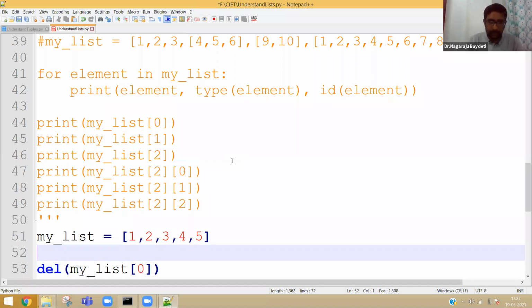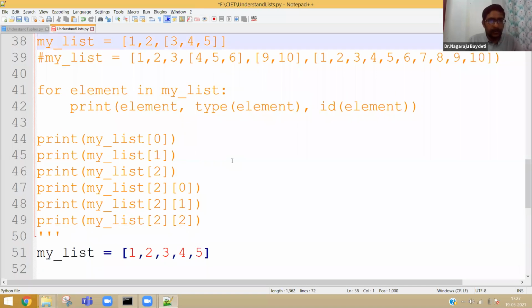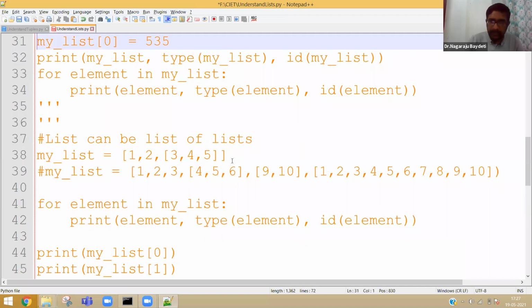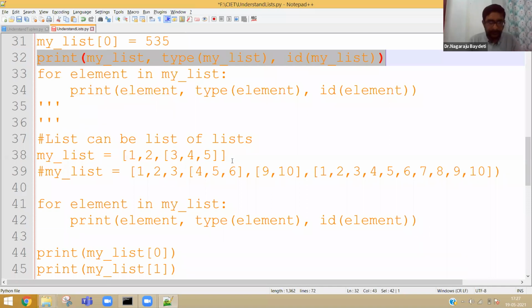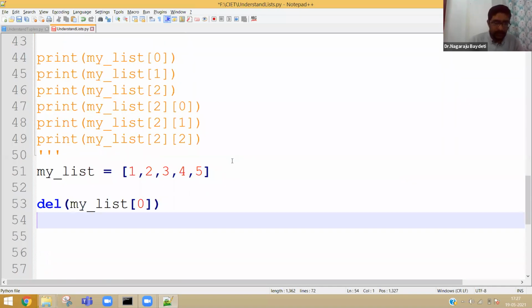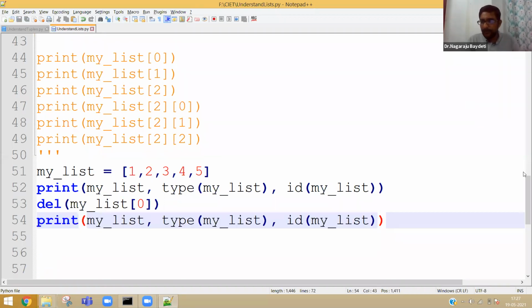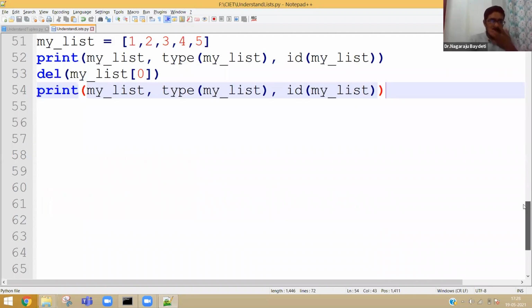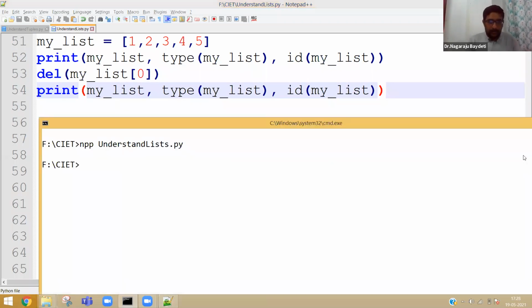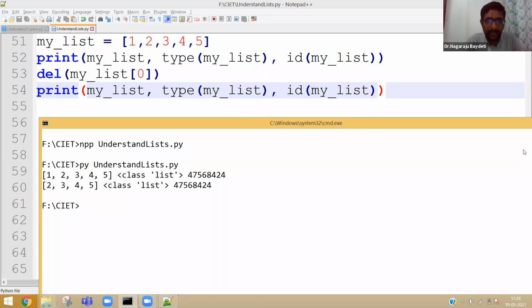So before the delete, let me print my list, and after the delete also, let us execute this part of the program to understand what the output will be. So clearly you can see that the class list object location did not change.